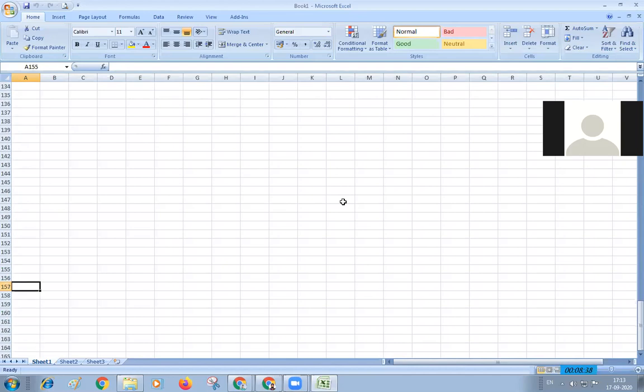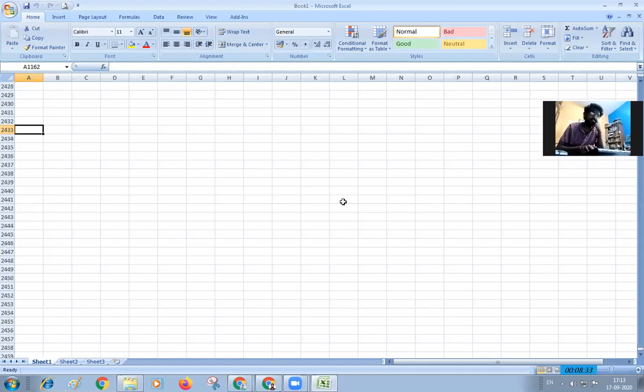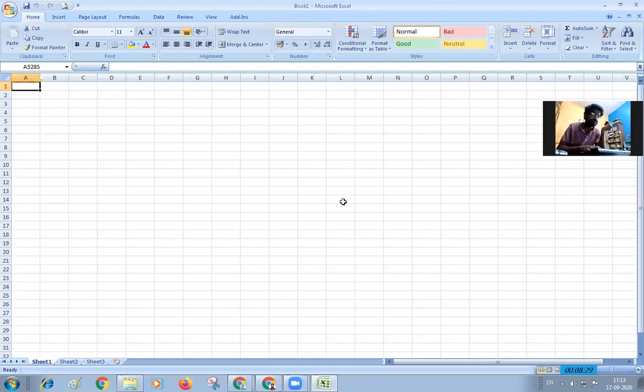65,000 rows will be getting over here. You can see it as it spreads on, you can see the number of rows going on visible. If you want to see the sheets 1, 2, 3, you can also insert n number of sheets. You can insert any number of sheets by clicking on this insert option, 3, 4, 5, 6.